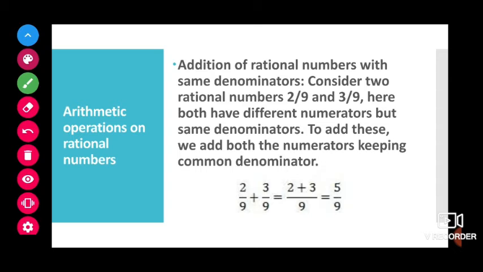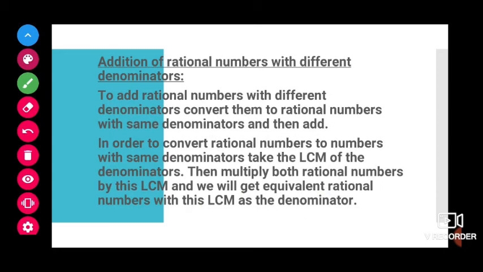Okay, if you see the first example, 2 by 9 plus 3 by 9. Here we can observe the denominator is the same, so we can add the numerators. Please observe that denominators are not added. Only we are checking whether they are the same or not. If it is the same, we will add the numerators. If not the same, we will equalize the denominators by taking the LCM, then also we will add only the numerators. Denominators should not be added. It will carry forward like that only. Okay. See here, same.